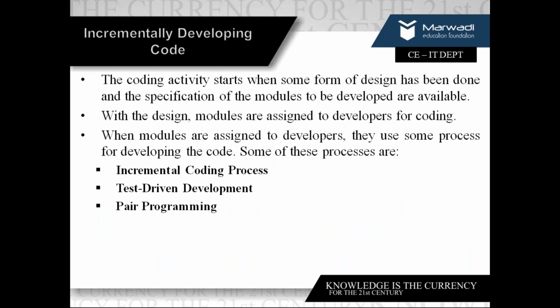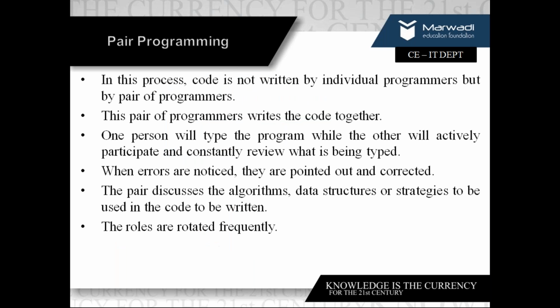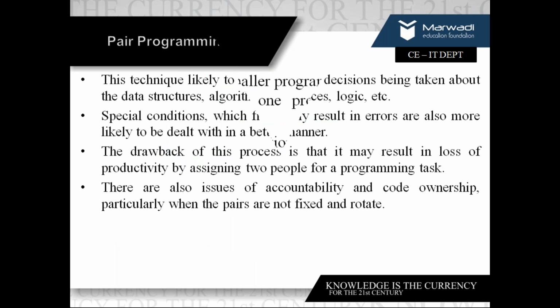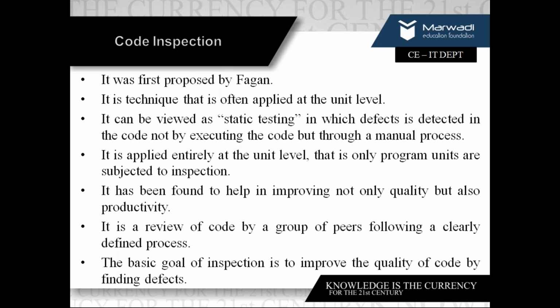So that is a unit. Now, how do I test the unit? If I have a small portion of code, I can go through inspection. Inspection means I'm just reviewing the code. If there is something wrong logically, I can go through it. If there is something wrong syntactically, I can check. So I can check that way. That is why it is called code inspection. It was proposed by Fagan.